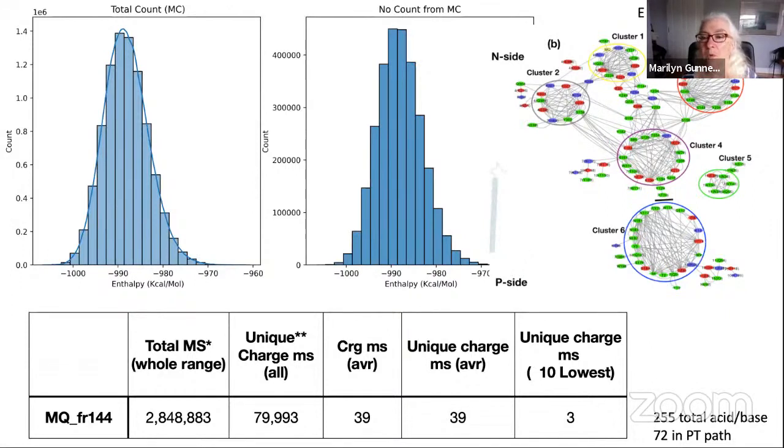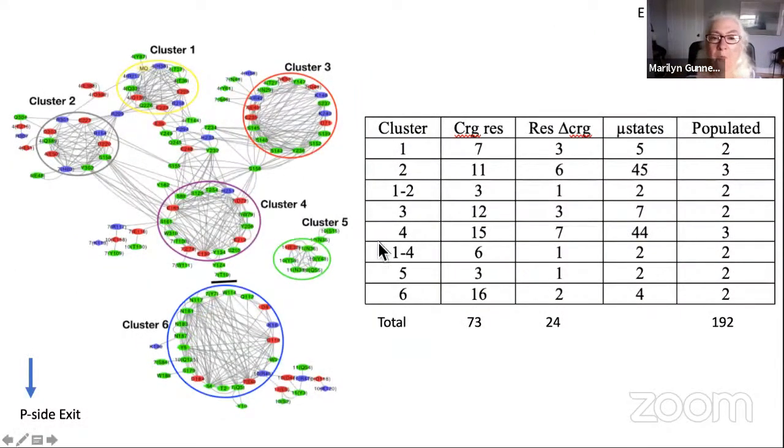And so again, what we have in this part of the calculation, again, these are our enthalpy things, is we had 3 million microstates. We had 80,000 unique charge microstates, just unique charge microstates. And, so that's really intractable. But when we start doing a little bit of dividing and conquering, we have something that I think we're going to be able to use, which is if we think about, say, cluster 1